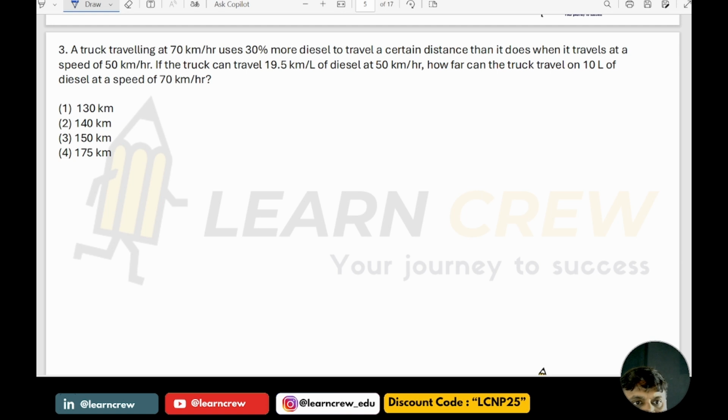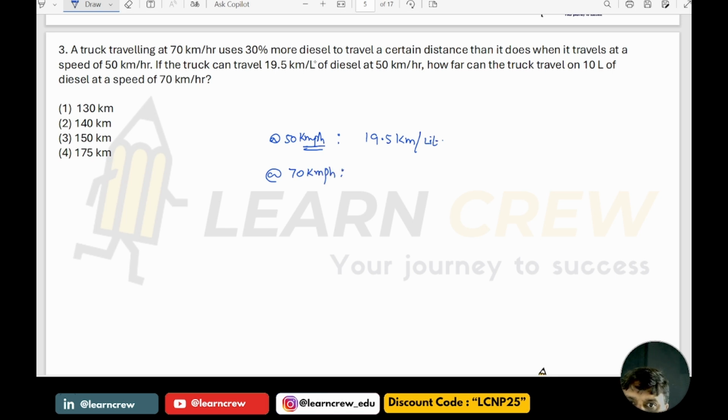Next, third question. A truck traveling at 70 km per hour uses 30% more diesel to travel a certain distance than it does when it travels at a speed of 50 km per hour. If the truck can travel 19.5 km per liter at 50 km per hour,